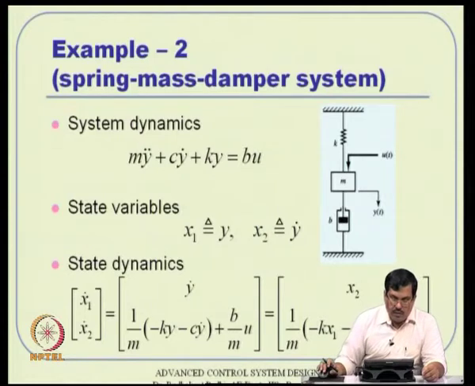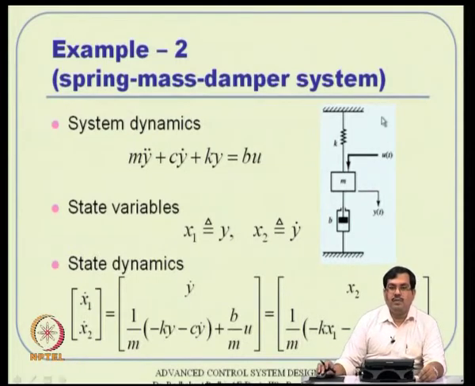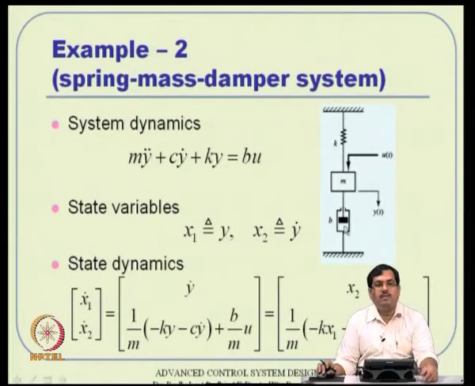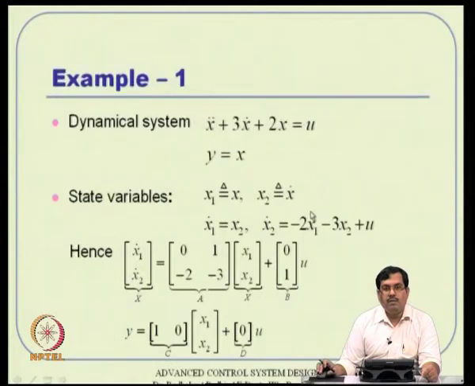Next example, let us be slightly more practical and then talk about a spring mass damper. This is a building block in mechanical systems, by the way. Small components we can always represent in an approximate way by a spring mass damper system. So, very close to what example we saw.